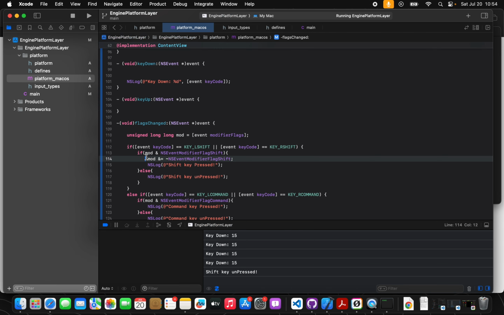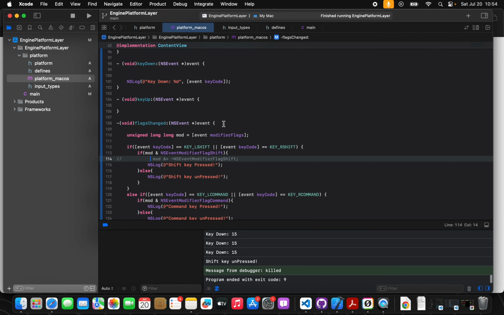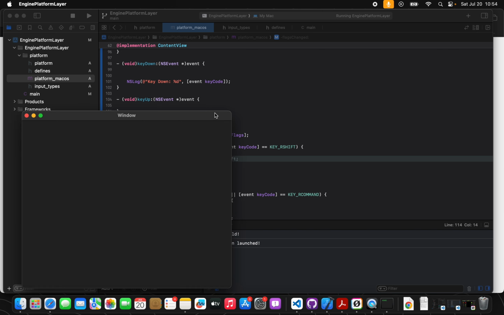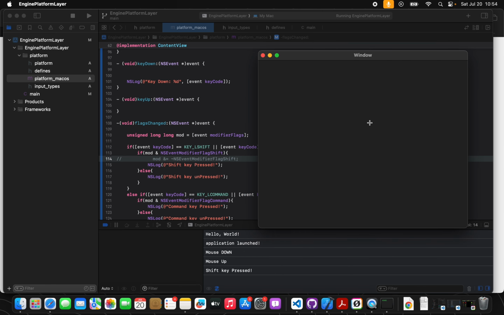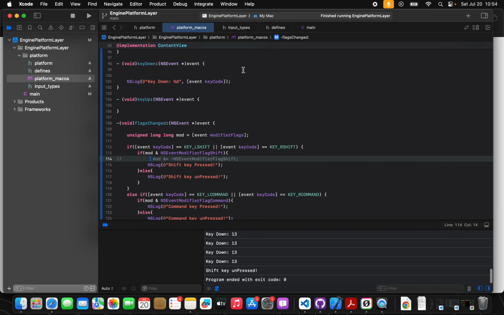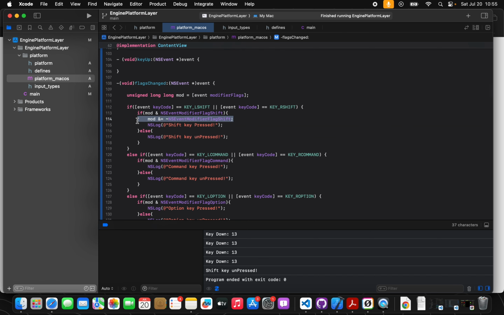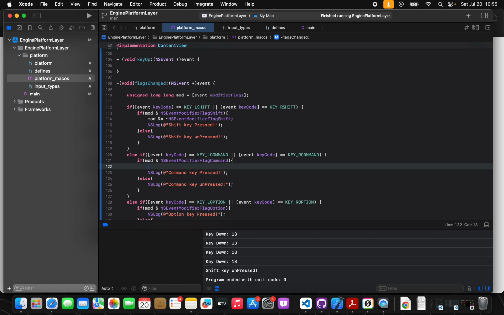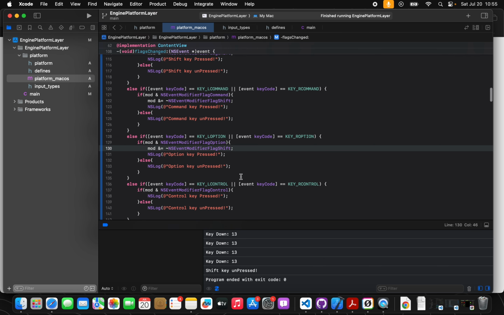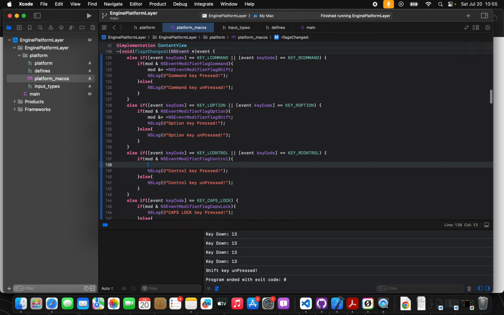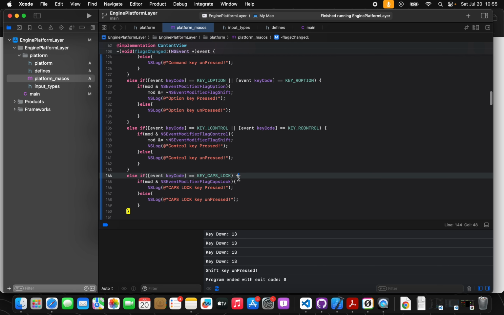Now I wonder if I don't do that, okay? If I don't do that, and then I press on my shift and I click on W, it still does it. So there's no real difference here, but you could do this as well. SR, yeah, you could do this. But you know what, I'm gonna do this because we're anyway handling whether it's pressed or not, meaning this is actually not even useful. So we can just reset it,